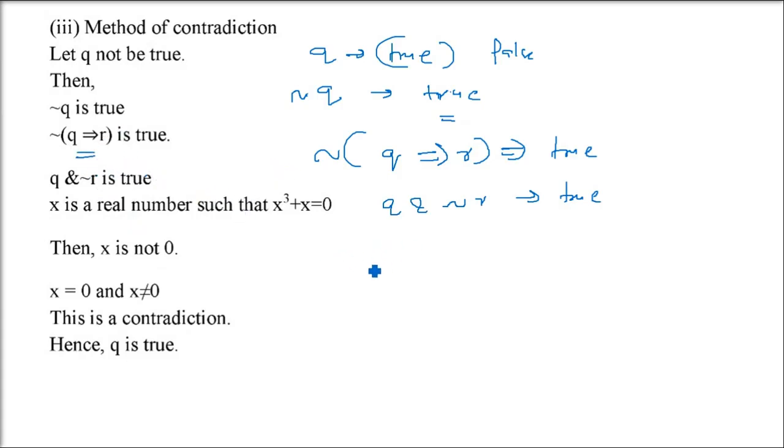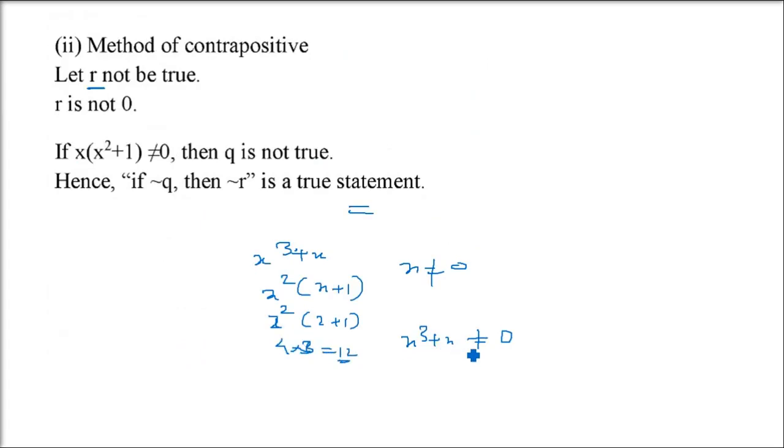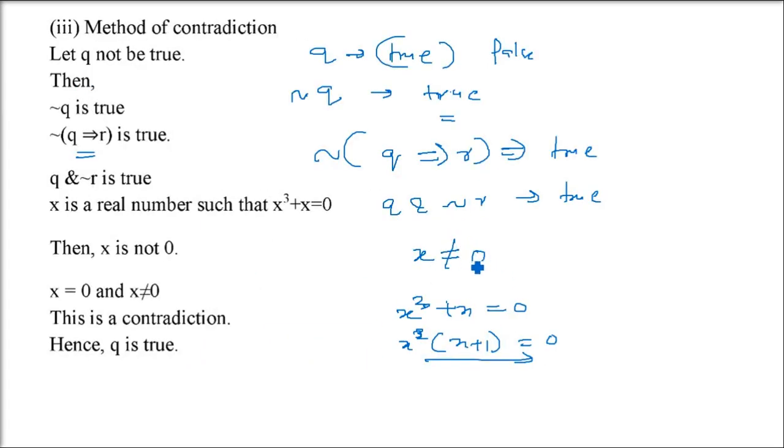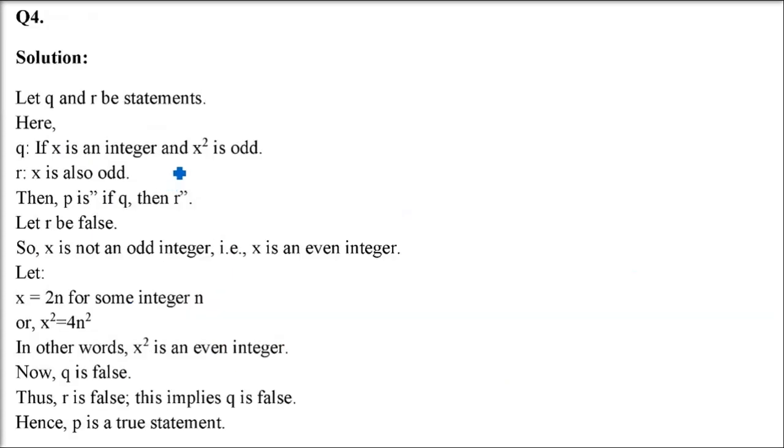So let us assume that X is not equal to 0. When X is not equal to 0, what will happen? X cube plus X, you can take X common, not X square. Okay, this is a mistake, I'll just clear it. So we have X into X square plus 1. I just told you that when I put 2 also, we didn't get 0. So X into X square plus 1 will always be 0 when X is 0, and if X is not equal to 0, it will never be 0. So this is a contradiction.